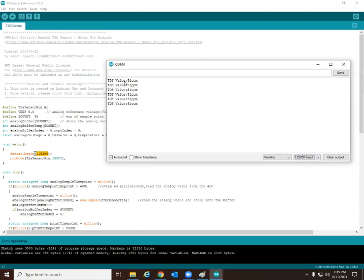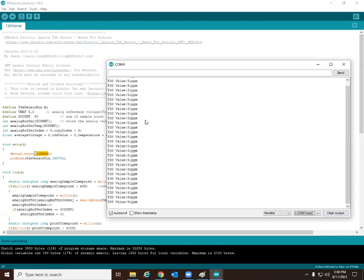And then you'll see that it's reading TDS value 51 parts per million for this one. Ideally it should be 50, but according to the bottle, it says 47 parts per million if you're dealing with 100 microsiemens per centimeter. And that is quite literally half the lab. Now what we're going to do, after rinsing this, is switch it into a different container. You can see that it's reading 0 parts per million right now when it's not sitting in the water. And now I'm going to switch it into a 1,000 micro